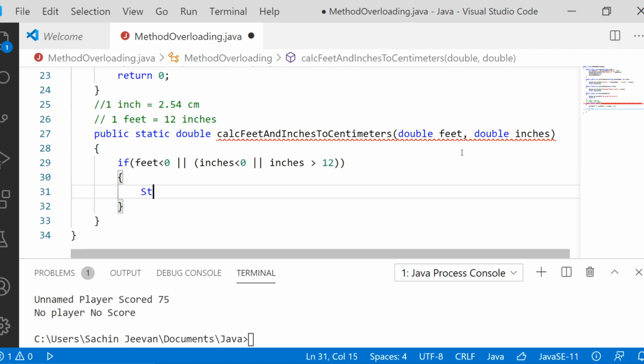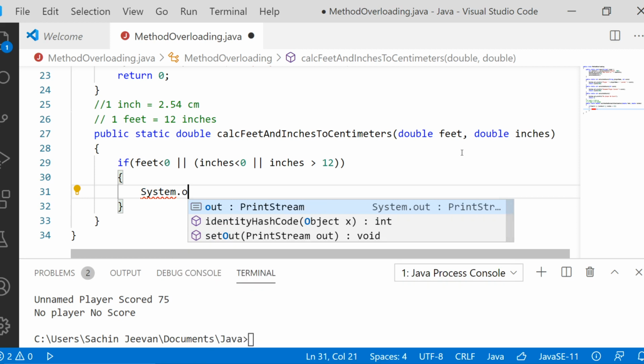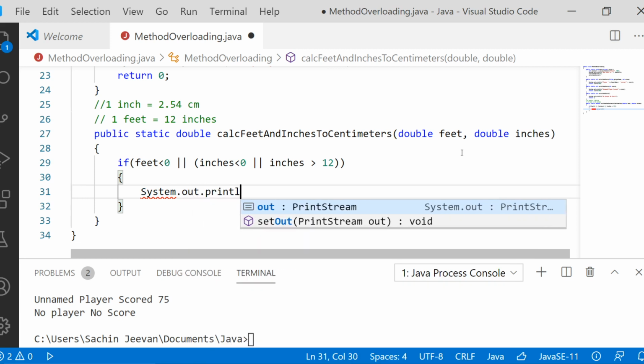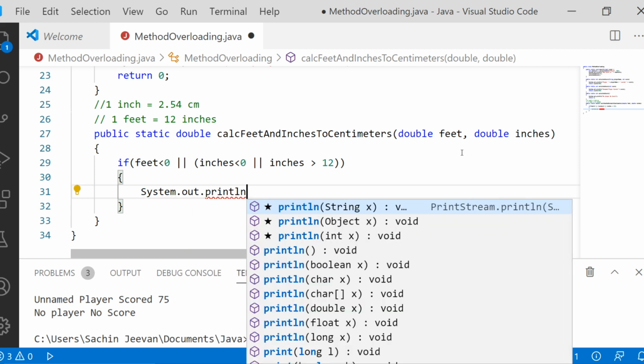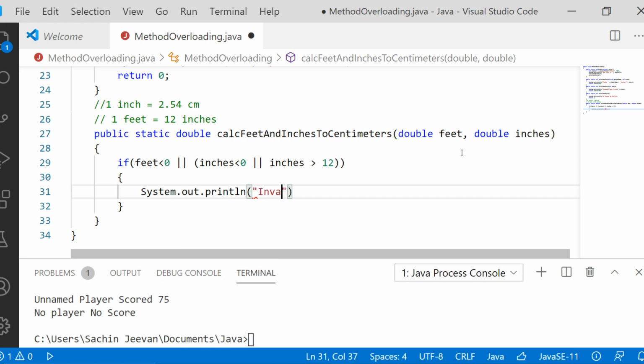So we will be printing with System.out.println, invalid feet or invalid inches.